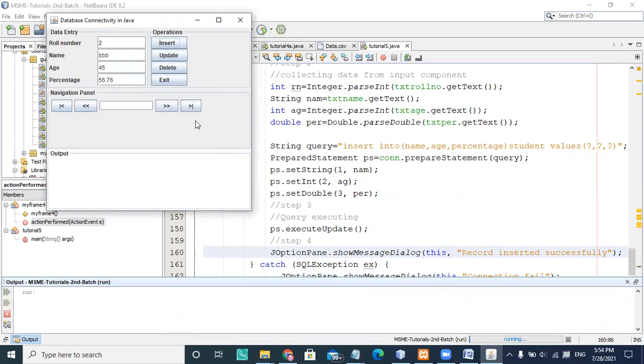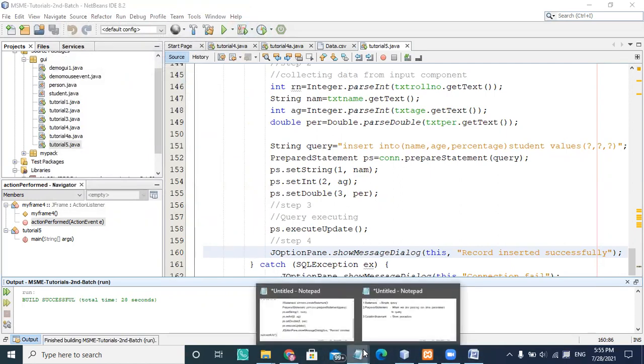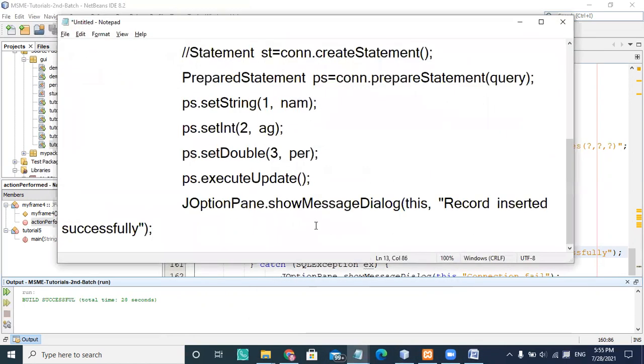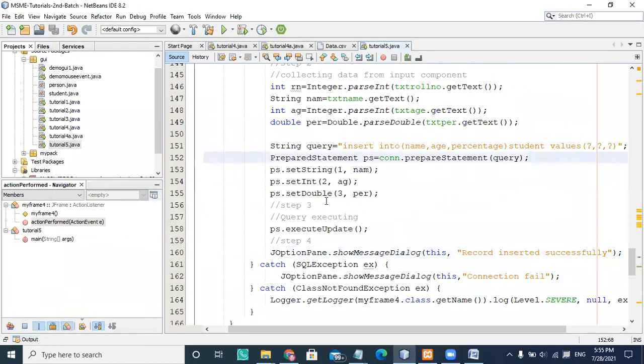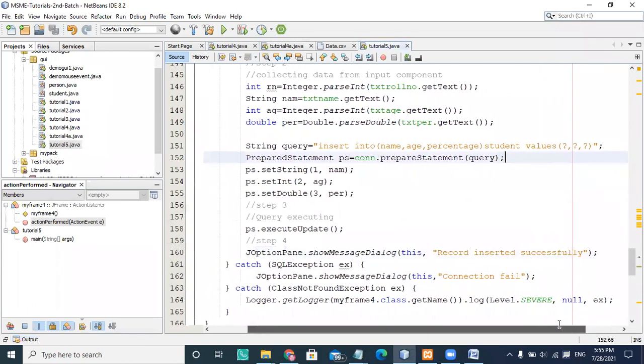Okay, why is it saying connection failed? Let me check. The execution part is execute update only, yes. And I have to check the prepared statement query I have already created, and the three values are there: name, age, percentage. It's correct.